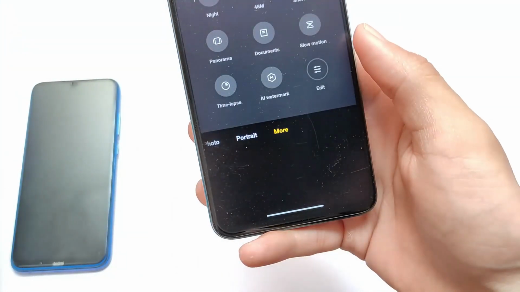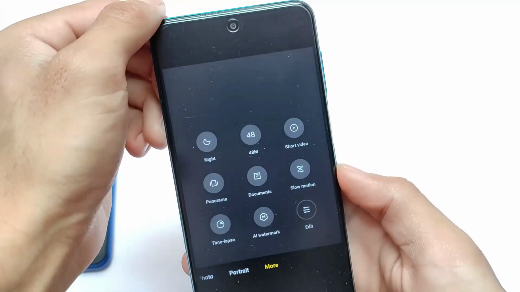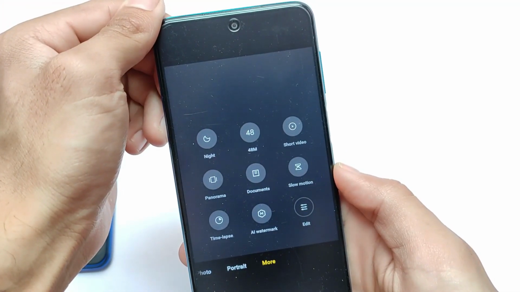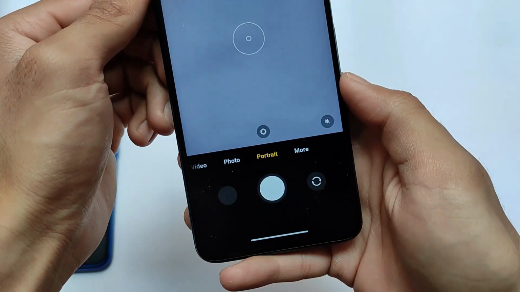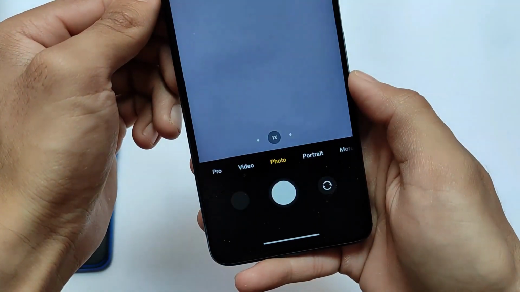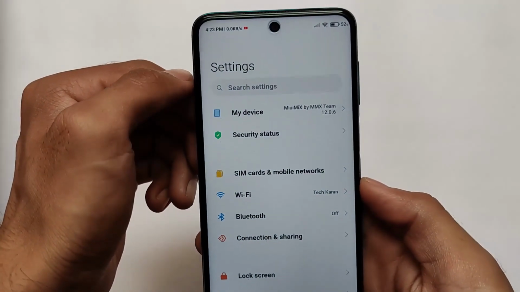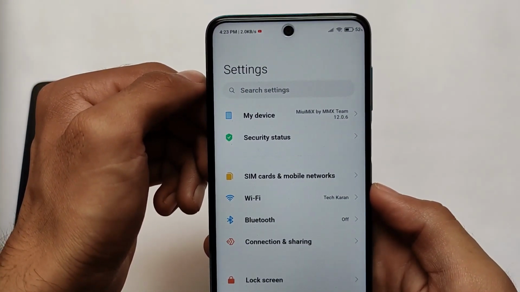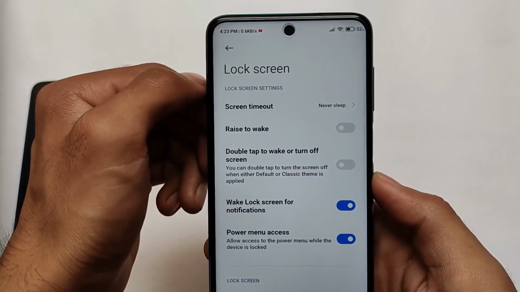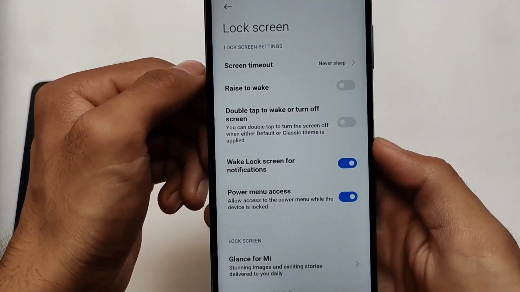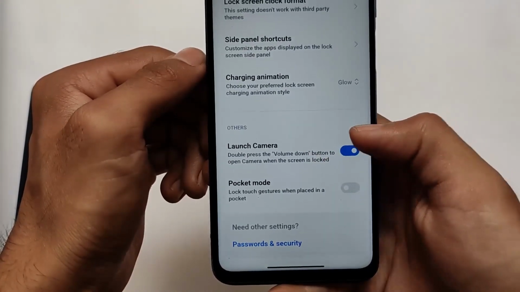MIUI camera, which also plays an important role, doesn't include any extra features or new UI. As I previously mentioned, it has only the same features as MIUI 12.0.6, but with some interesting facilities which I've already shown you. Everything else is the same in the camera, nothing to talk about. In the settings, lock screen, display, sound, etc., have almost the same kind of features. Main things I have already shown you. There are no extra major customizations present in the settings.